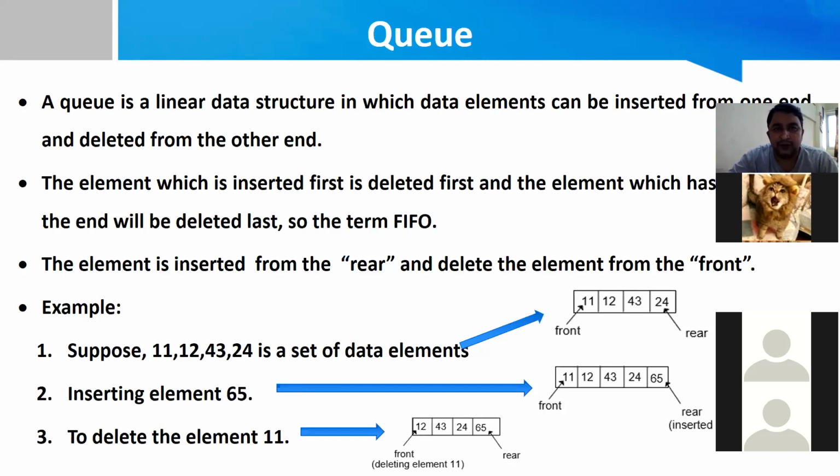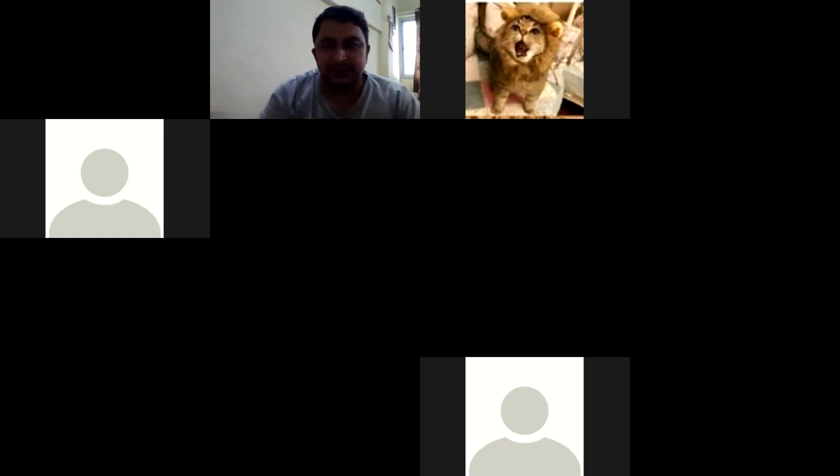That is FIFO. Stack follows LIFO. Queue follows FIFO method, first in, first out. The first element which is inserted in the queue will be the first element removed. So this is how you have to explain, with a small example, the diagram and the explanation. Right, so that's all, this entire chapter, data structure, is done. So next class I will keep